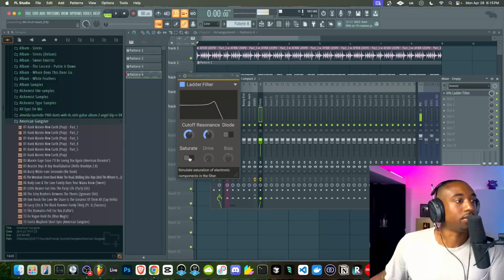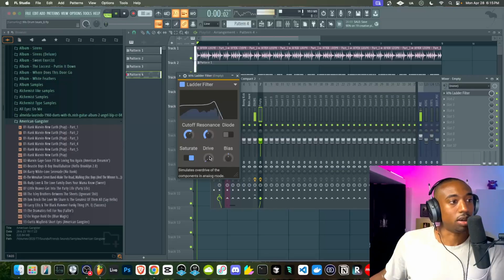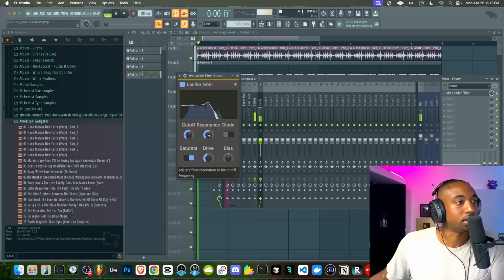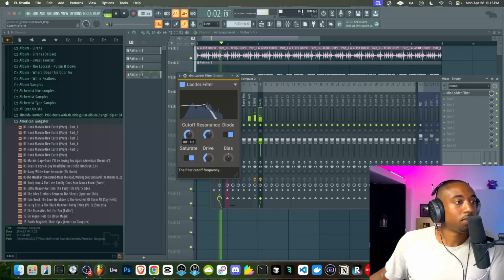If you need it, you don't have to, but let's add the saturation and add some drive. Pull back the cutoff here. So basically it's enhancing the harmonics of the resonance. Let's try some bias here. So it's a little bit crunchy.